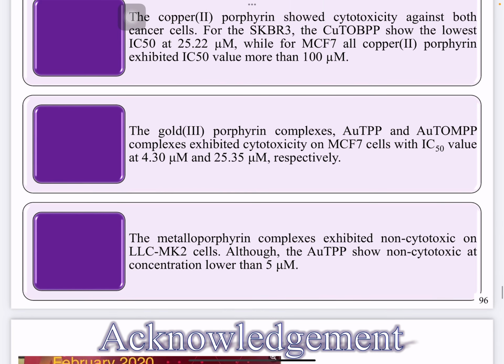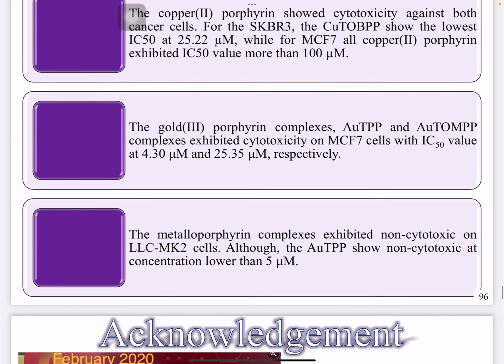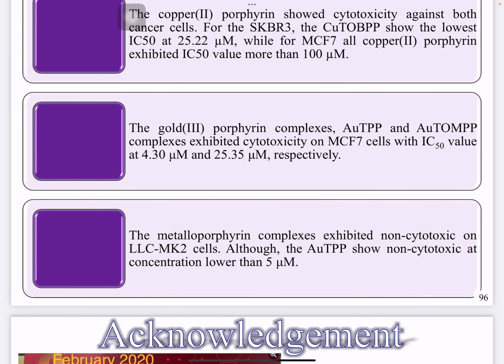The gold porphyrin complexes AuTPP and AuTOMPP exhibit cytotoxicity on the MCF7 cell with IC50 values of 4.30 micromolar and 25.35 micromolar respectively. And the metalloporphyrin complexes exhibit non-cytotoxicity on LLC-MK2 cell, although the gold TPP